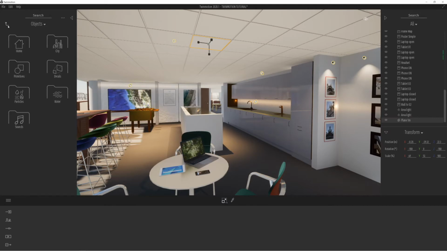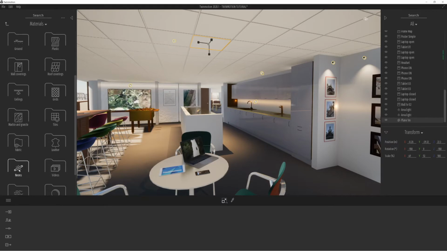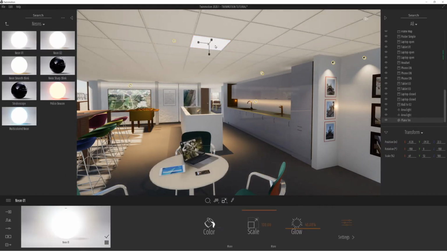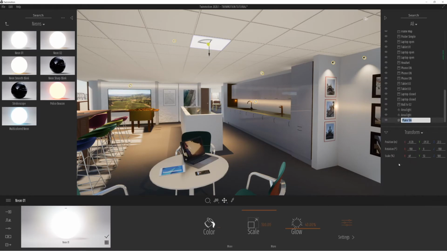And then when we're happy, what we can do is go to materials. There are some really great neon materials. These do various things from emitting light to actually flashing, but you'll see that gives a nice glow to that ceiling tile. So again, if we rename that something appropriate, let's call that ceiling light,